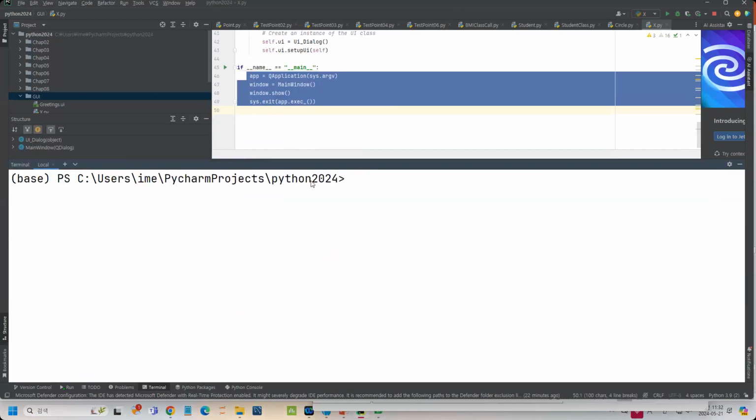In this case, the folder is the project of the Python. In my case, I'm using the Python 2024. Now, if you look at the PowerPoint,